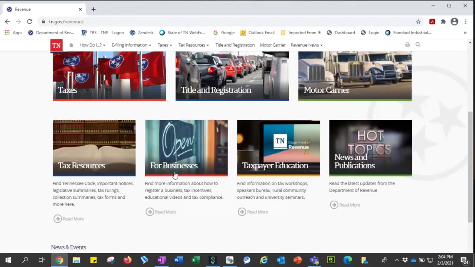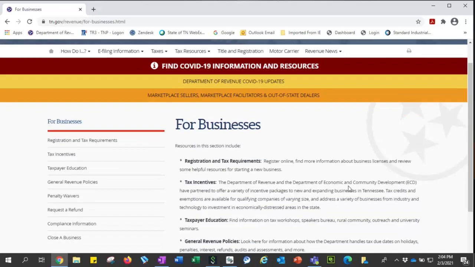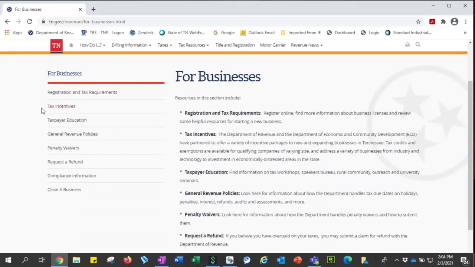Let's take a look at the link now for businesses. As you look at this section now for businesses, you'll see there's lots of other information contained on this page. If you look on the left, you will see a menu of items that you can select from to get more information. For instance, on registration and tax requirements, if you click this, you'll be directed to another set of